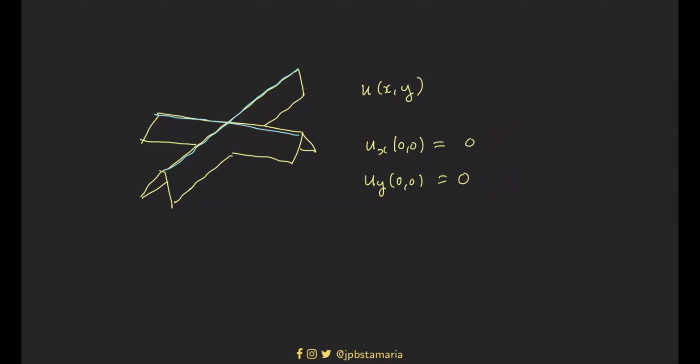Ano bang ibig sabihin natin ng differentiable? In a 3D case, pag sinabing differentiable ang surface, ang nasa isip natin, something like this. Kailangan makinis yung graph mo at this point. When you say makinis, pag hinawakan mo, wala kang mararamdamang gusot or lukot doon sa surface at that yellow point. Pero when you look at this, no, lukot yan eh. Pag tinignan mo yan from the top, meron yung fold dito. Yung may fold yan dito, di ba? Merong crease.